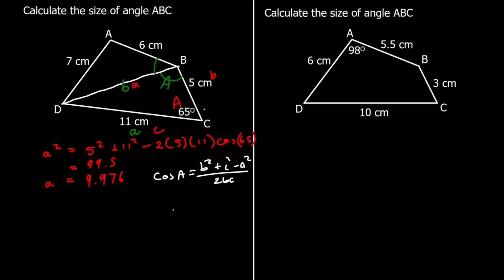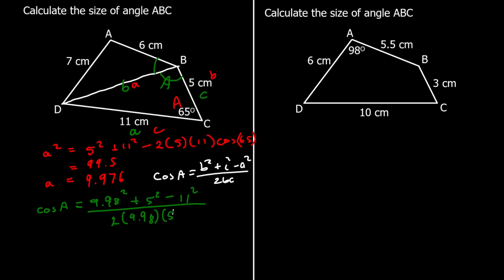And these two are going to be B and C. So cos A is equal to b squared, which is 9.98, my last answer, squared, plus c squared, 5 squared, minus a squared, 11 squared, over 2bc, 2 times 9.98